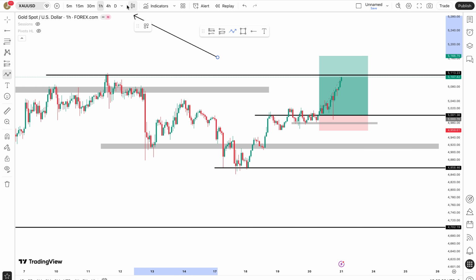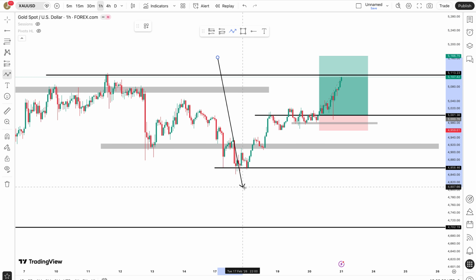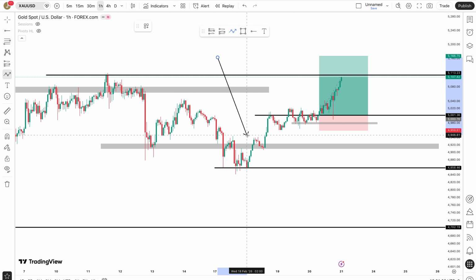So if we switch to the 1-hour time frame, we can see price broke through this level. But when price got to this level, it stopped and then it started buying up. We had all this bullish momentum right here, which started building higher high, higher low, higher high, higher low. And then when the market created this new higher low, I was like, okay, sales are off the table.